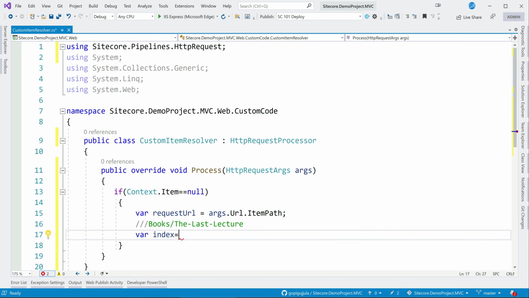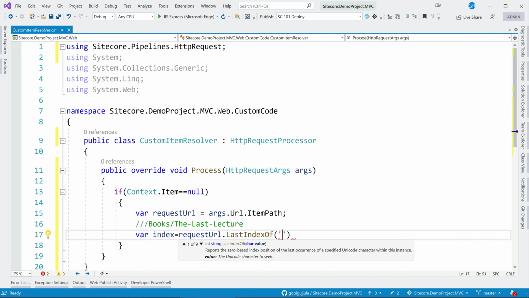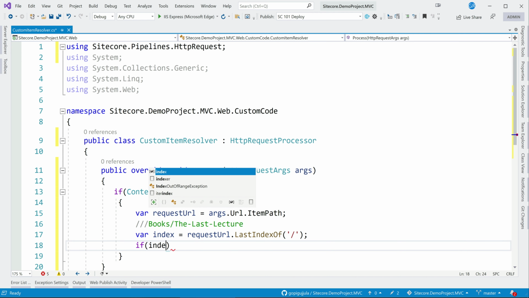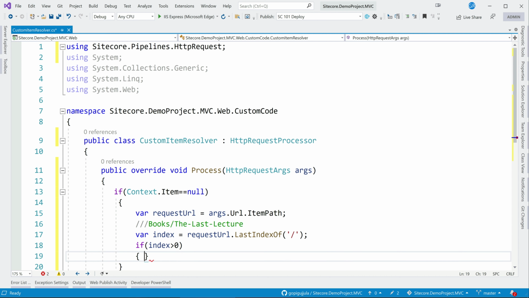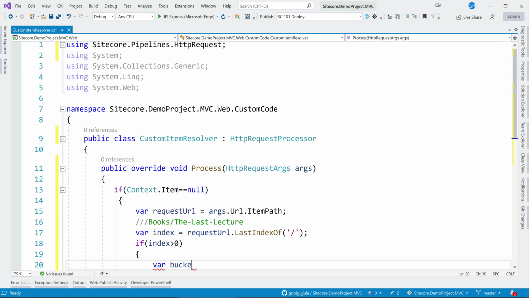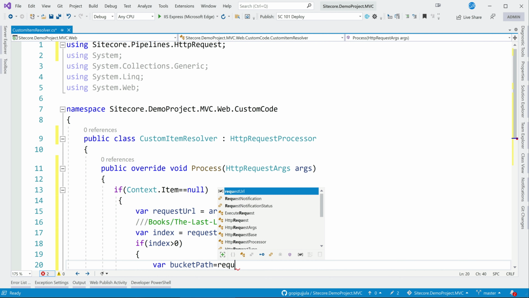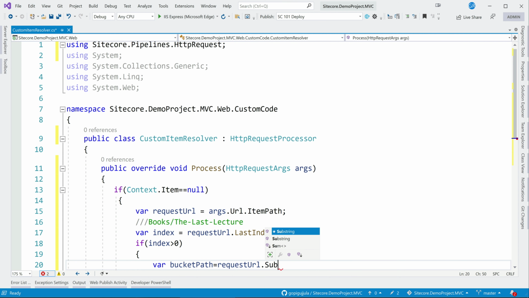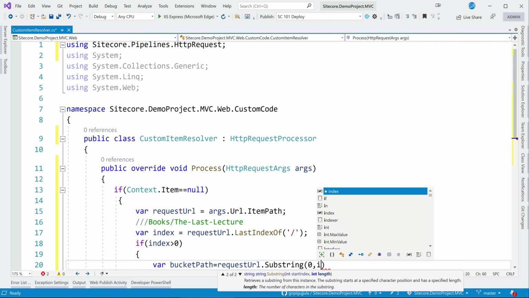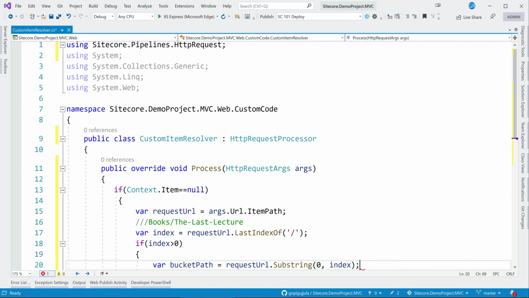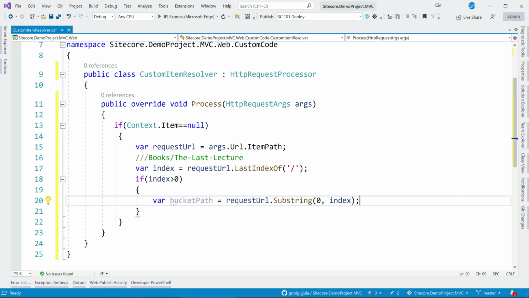So, request URL last index of, okay, if index greater than 0, then I'm just bucket path equal to request URL dot substring. I'm just trying to strip off this last lecture so that I get this books.